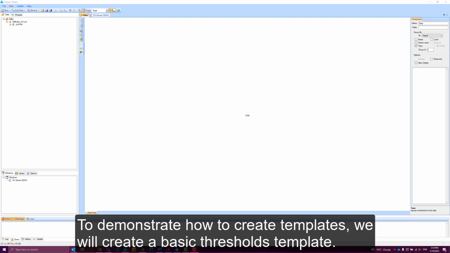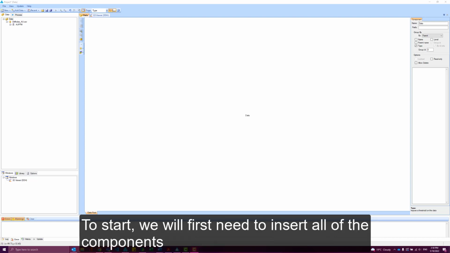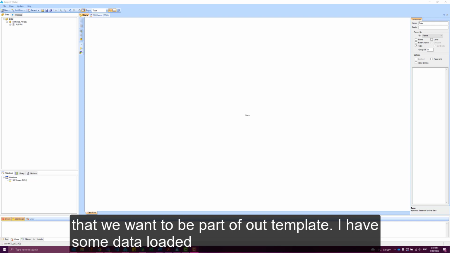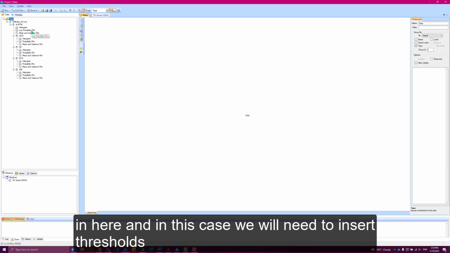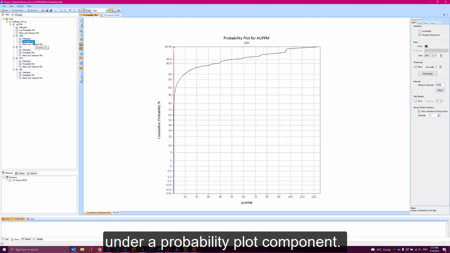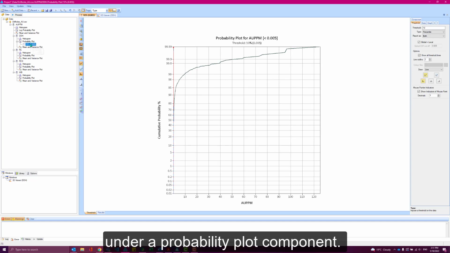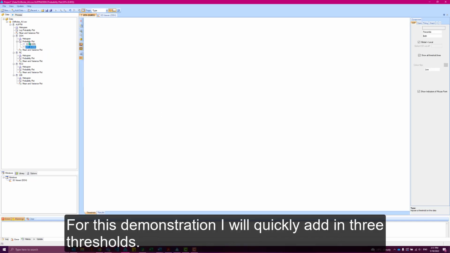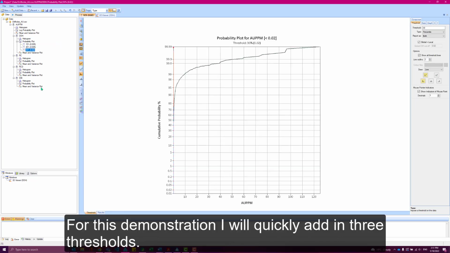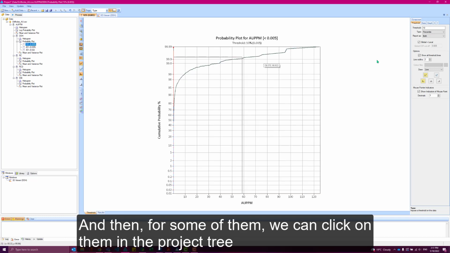To demonstrate how to create templates, we'll create a basic thresholds template. So to start, we'll first need to insert all of the components that we want to be part of our template. So I've got some data loaded in here, and in this case, we'll need to insert thresholds under a probability plot component. So for this demonstration, I'll quickly add in 3 thresholds, and then for some of them, we